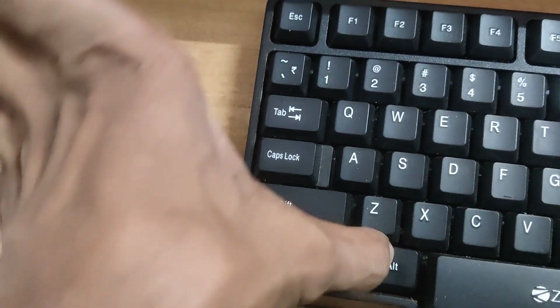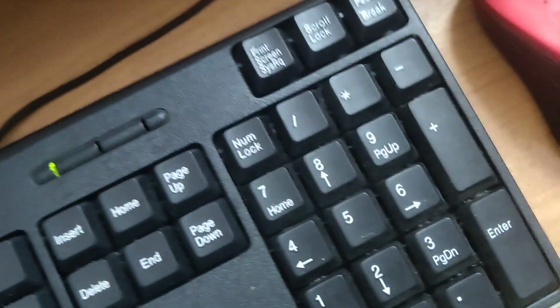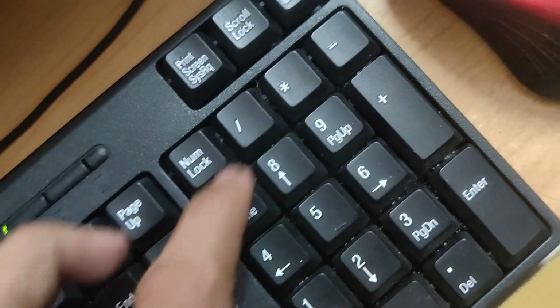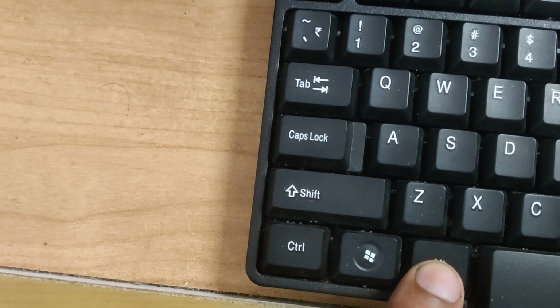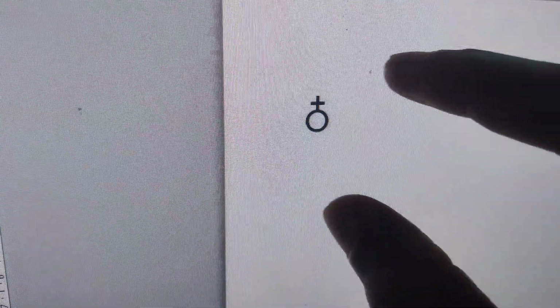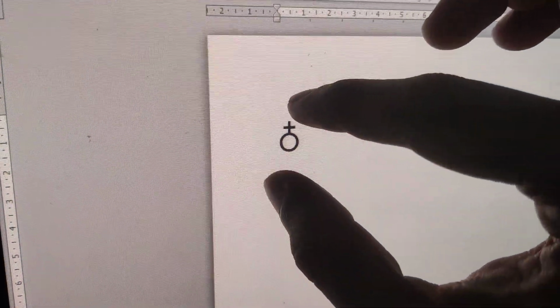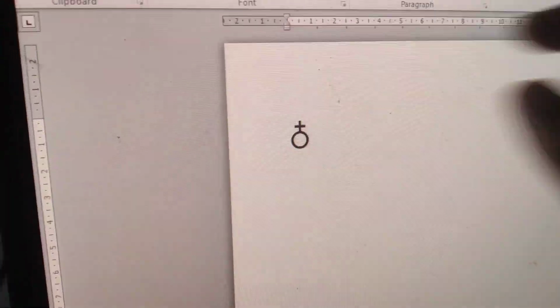Do not remove your finger from this Alt key. At the same time, you must type 9793. After typing 9793, you can release your finger from this Alt key. So if you do like that, you can see that symbol of planet Earth